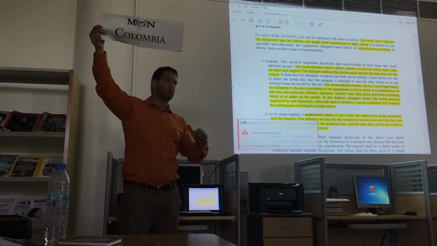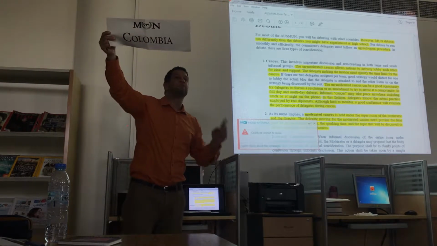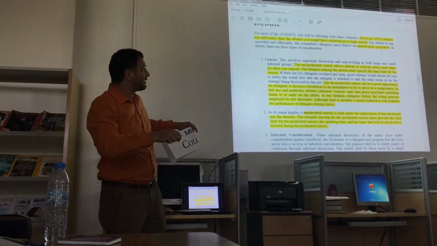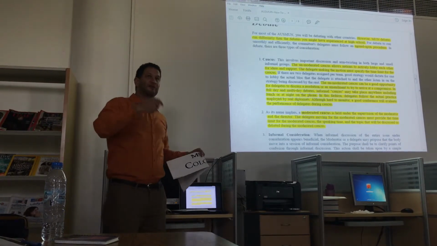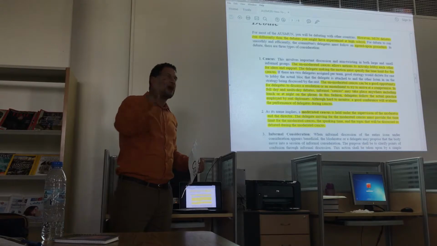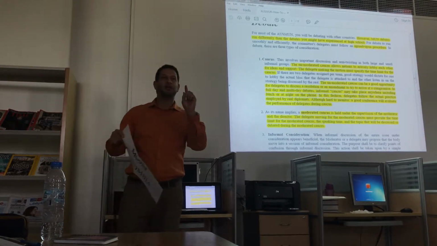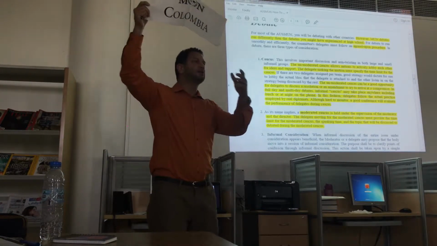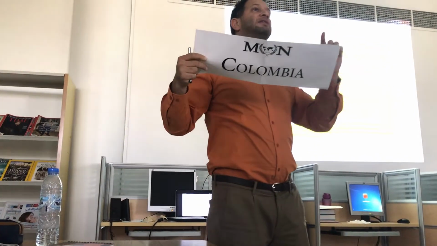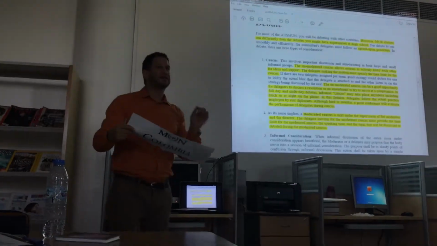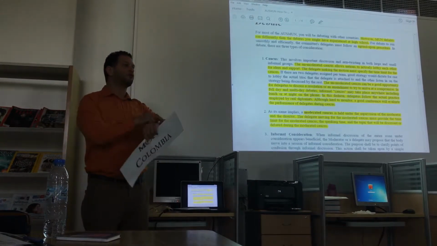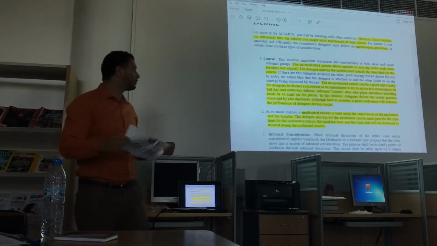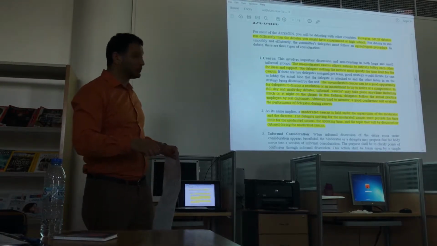The delegate of Somalia, again, suggests a moderated caucus. Still, you have to do the same and specify the time limit. But then, if the moderated caucus is for 10 minutes, for example, you will have to specify also the speaking time for every delegate. For example, the delegate of Somalia suggests a moderated caucus for 10 minutes, speaking time 1 minute and a half. Which means that every speaker who wants to talk will be allowed to talk for 1 minute and a half. If he takes more time, he will be stopped by the chair. Okay? Now, speaking time and the topic for sure.